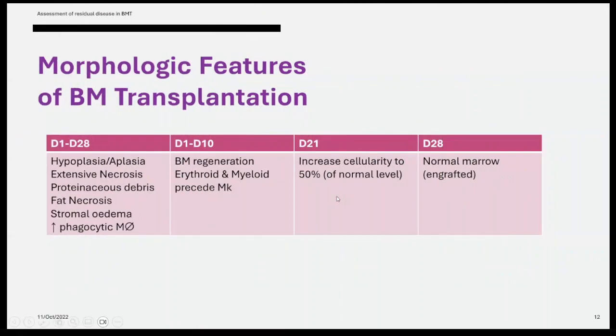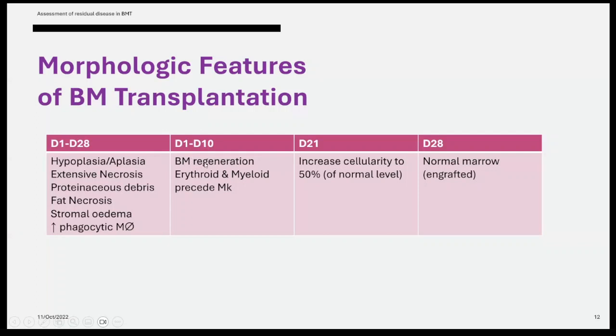Okay, these are the morphologic features in a patient with a transplant, for example, from day 1 to 1 month. In the first month, you have a pattern of hyperplasia or aplasia, extensive necrosis, proteinaceous debris, fat necrosis, stromal edema, and increased phagocytic macrophages. When you break down this pattern, from day 1 to day 10 post-transplant,